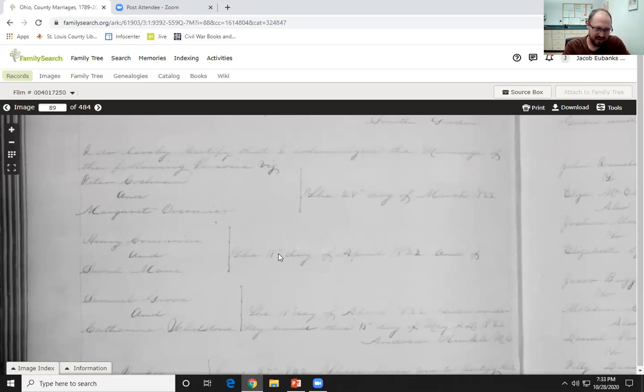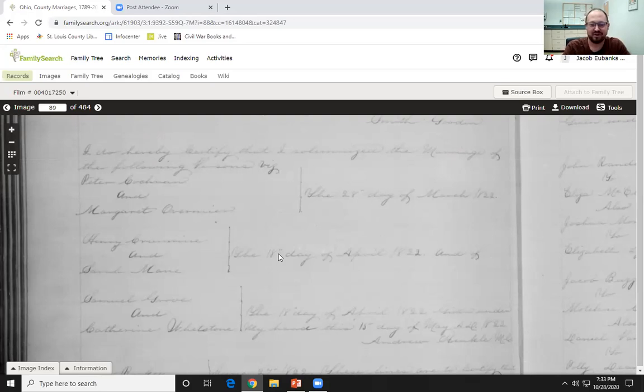So oftentimes when a minister was going and reporting their records to the civil court, they would go all at once and take their most recent marriages and dump them off. So what you'll find in the marriage book is that they're not often in date order. They are in order of the time that the minister or pastor, or in the case a priest or whomever the officiant was, sometimes like Quakers, it would be a justice of the peace, went to the local court and recorded them. So here we have 3 marriages taking place between March and April 1822,